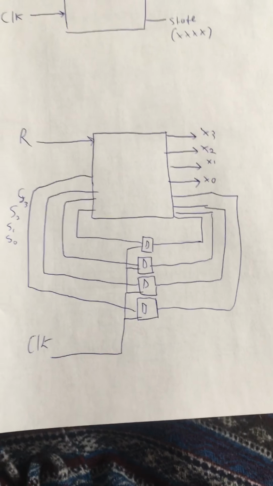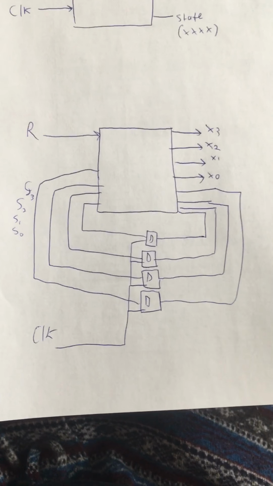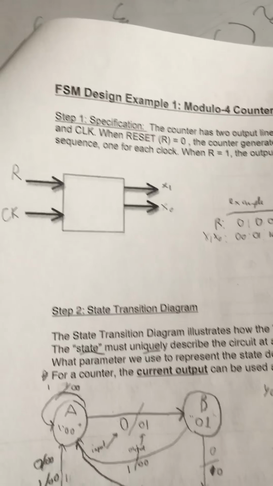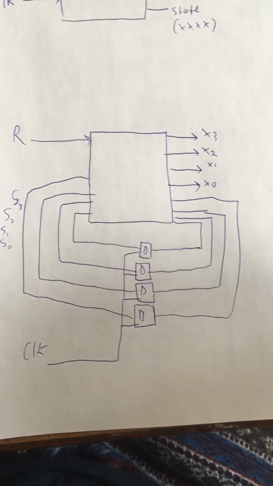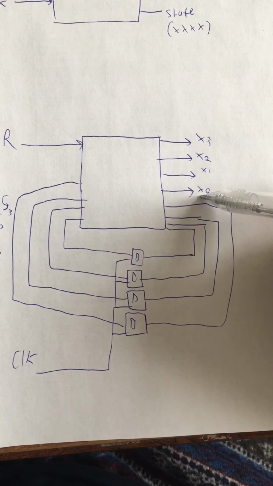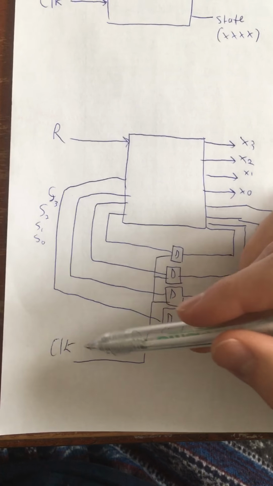Okay, so for question 1, what they're asking you to make is a 4-bit counter. So we did a 2-bit counter in class, the modulo 4 counter with reset, this one. So what that would look like in the full diagram is this, where you have 1, 2, 3, 4 bits of output, and then 4 bits of state, which are these D flip-flops and the clock and all the